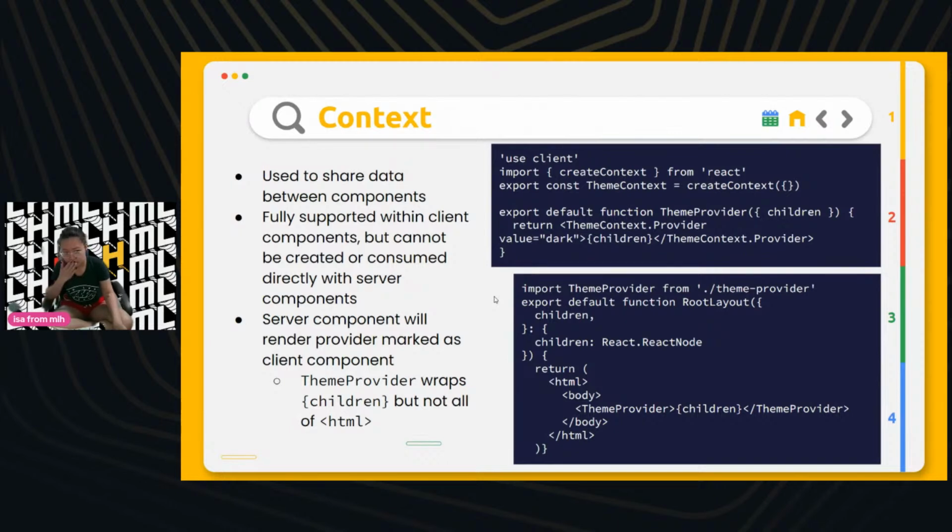And excuse me, the theme provider, so we'll see here, we're importing the theme provider. And then this is our, let's say, app function, like the root main function that we have that will get rendered. It's called, in this case, a layout, root layout. And then here the syntax is saying, this is my props, children. And then colon, this is the type of my props, children is a React node.